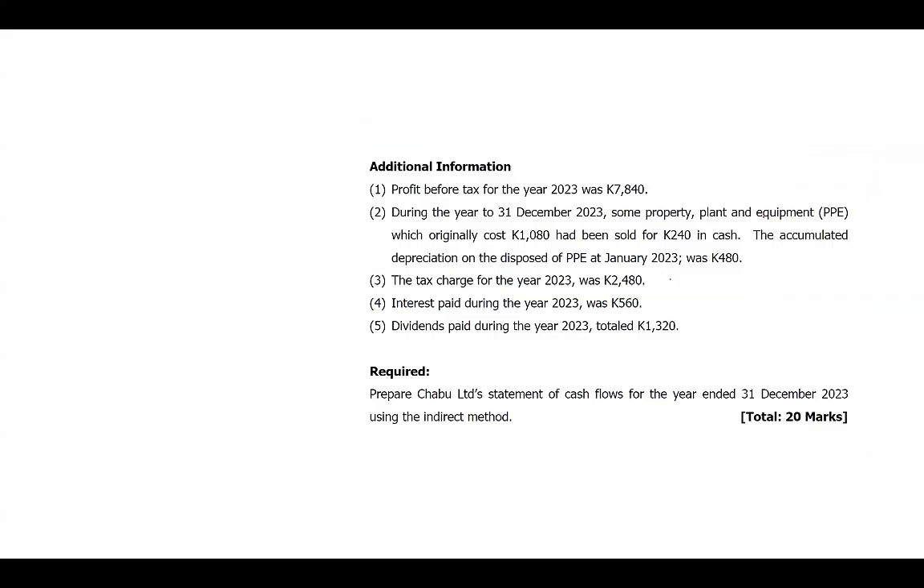additional information, profit before tax for the year was 7840. So look at this question. It doesn't give you the whole statement of profit or loss, but they are just giving you a sentence to say profit before tax is this figure for the current year. And that's enough for what you require from the statement of profit or loss. That's enough. So your starting point is the profit before tax. This is cash flows from operating activities,